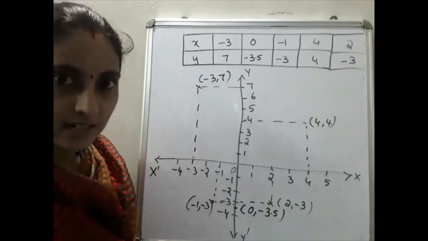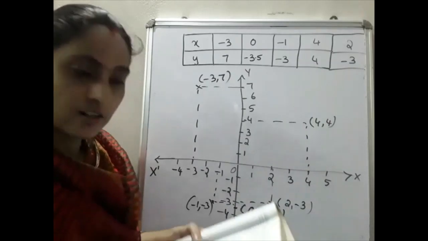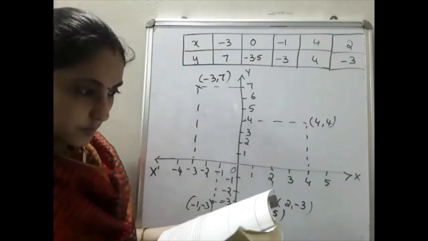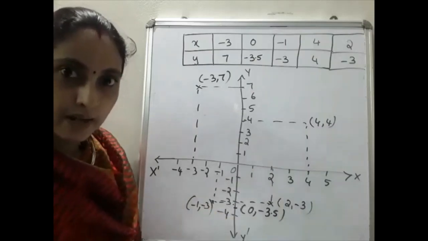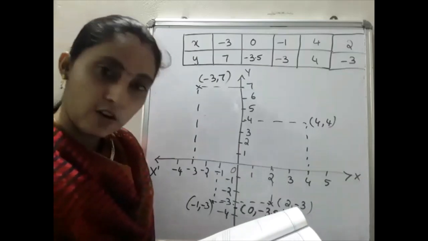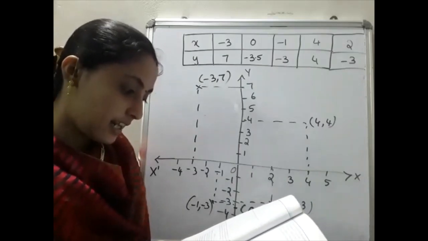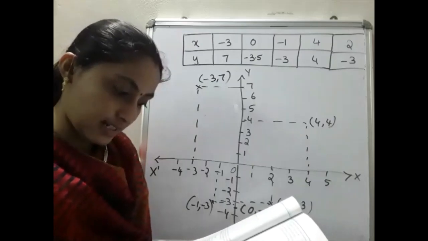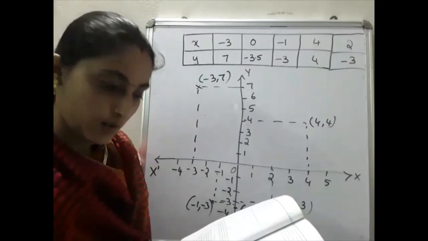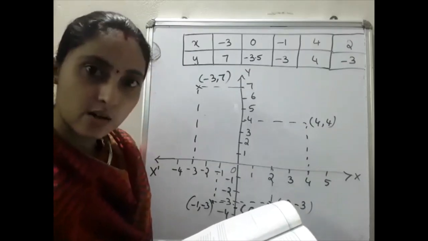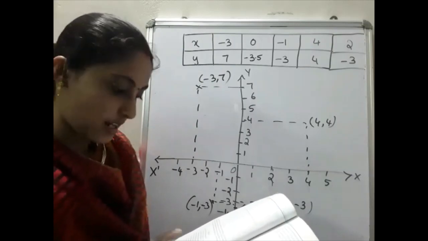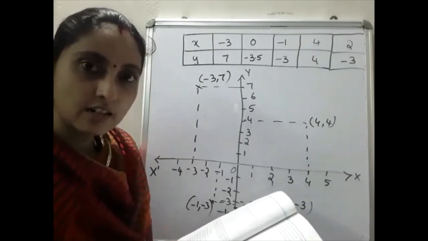Shall we move to the next? Yes. So please take your textbook, page number 60. Write the answers of each of the following questions. What is the name of the horizontal and vertical axis drawn to determine position of any point in the Cartesian plane? Horizontal line is called the x-axis and the vertical line is called the y-axis. So answer is x-axis, then vertical, y-axis.